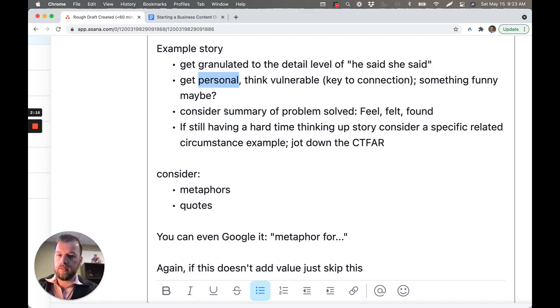There's also basically a summary of a problem solved. So in sales, if somebody comes up with an objection, basically they're presenting a problem. I've done sales for a number of years, and one of the things that we do to help show that we get it and we understand is what's called the feel, felt, found. And so that is, hey, I know how you feel. I had a client who felt that same way, also felt very anxious. And what they found is, right, so you're using a feel, felt, found.